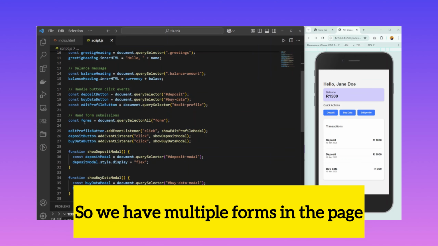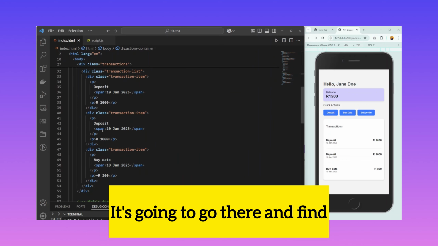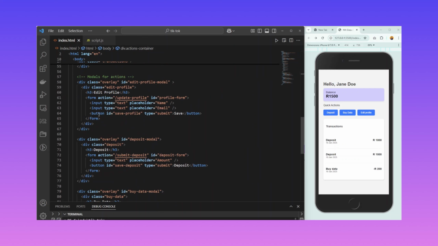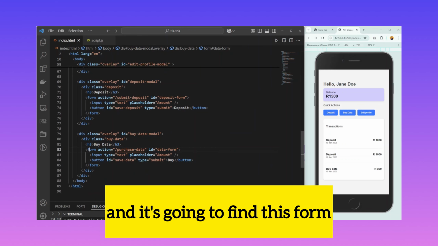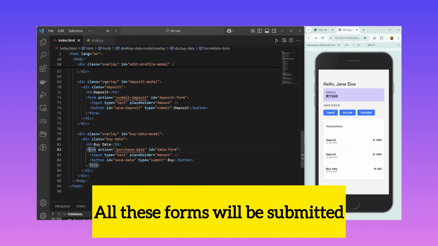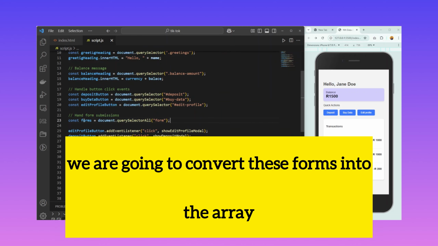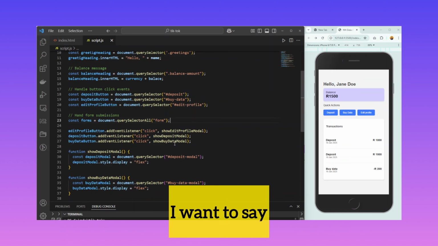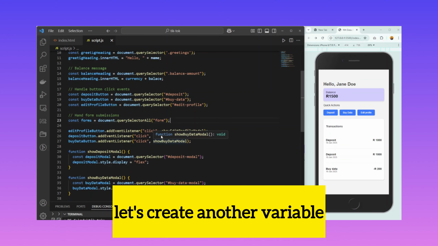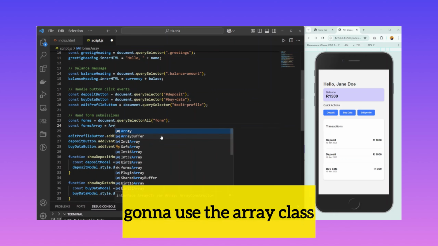So we have multiple forms in the page. We have this form. It's going to go there and find this form, it's going to find this form, and it's going to find this form. All these forms will be submitted. So now we are going to convert these forms into an array. I'm going to create another variable, const formsArray is equal to,